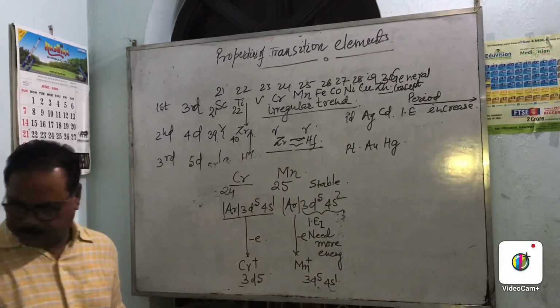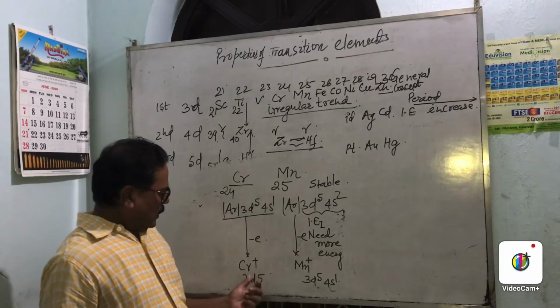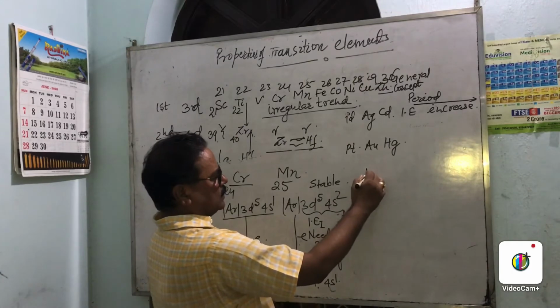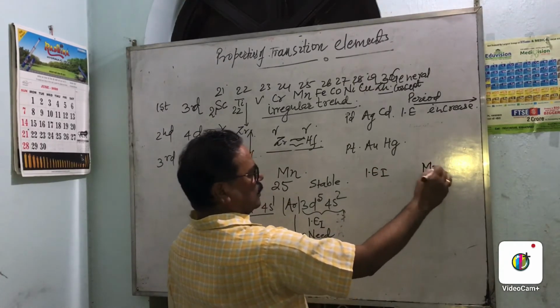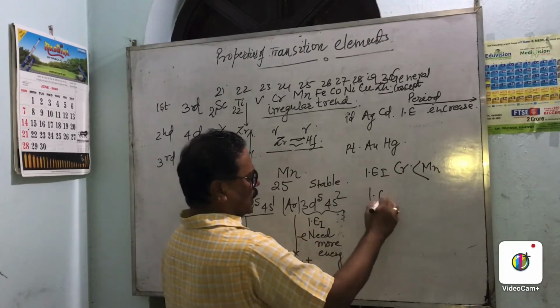So see, in this case what will happen? Here it is a stable configuration. So the first ionization energy of Mn is greater than that of chromium. Now if we talk about the ionization energy